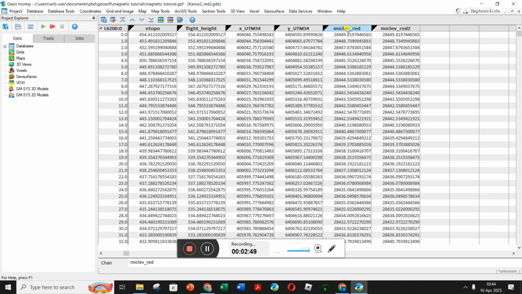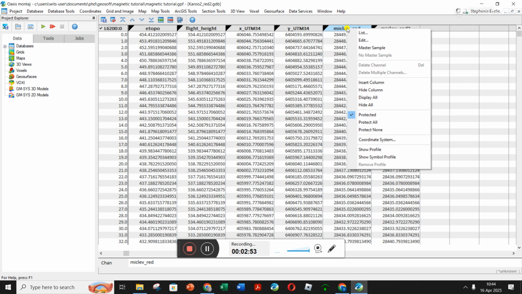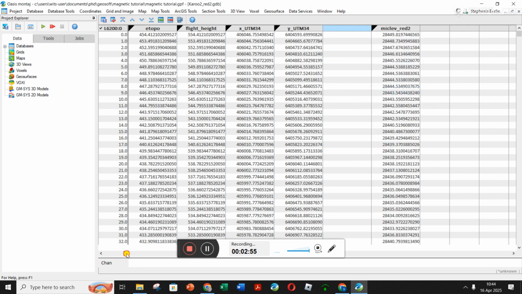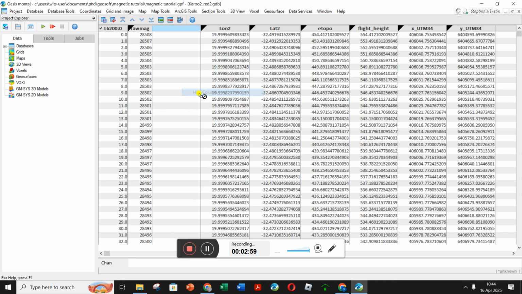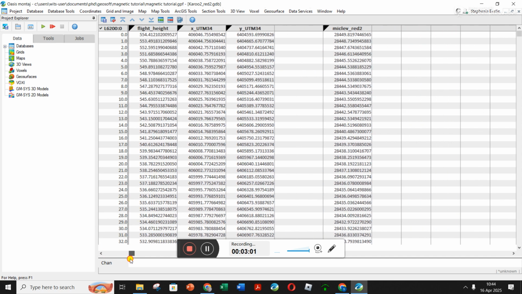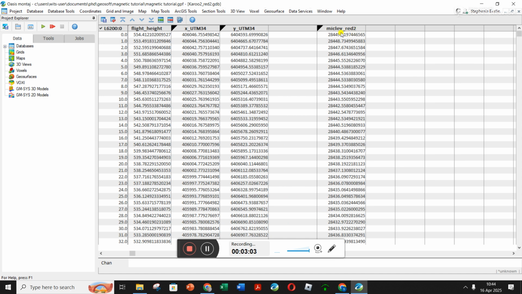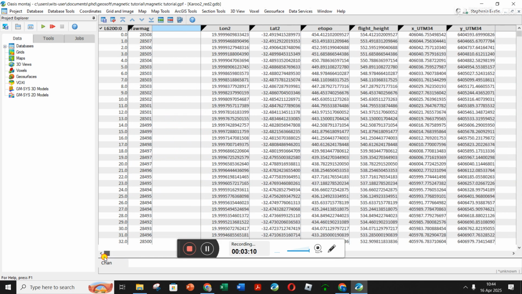So if you've opened it at this point, we can just hide the ones that aren't necessary. You click on the header so it's blue, right click, hide column. You can also do that to this micro level column. Hide column. I always put numbers after the things as I edit them, so I know that this is my latest version. And so before we finish this video, let's just define our X and Y values,